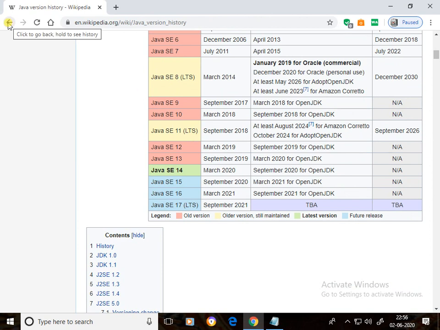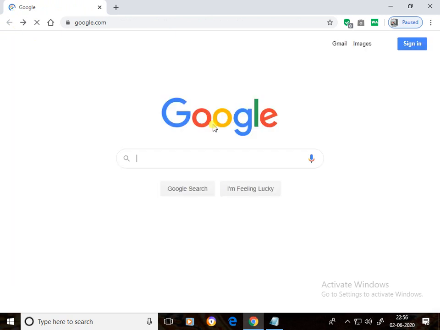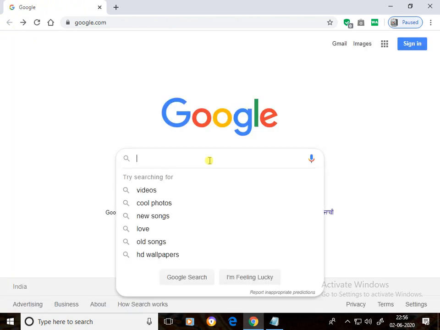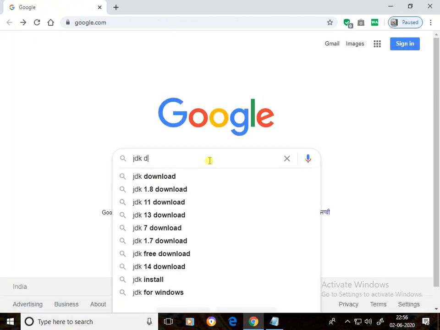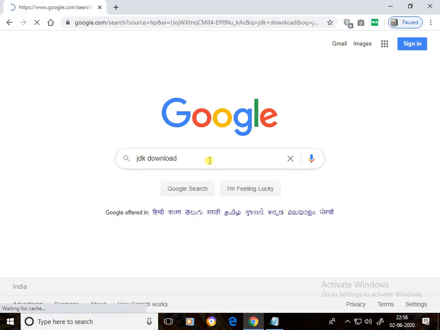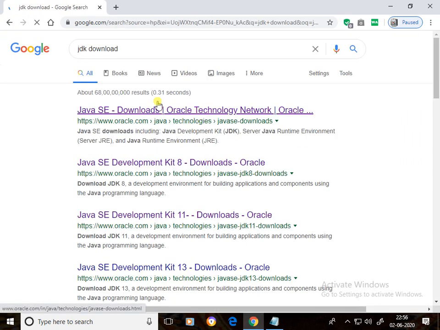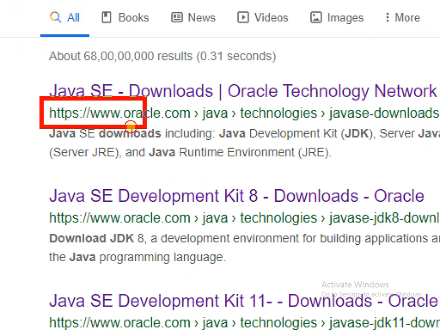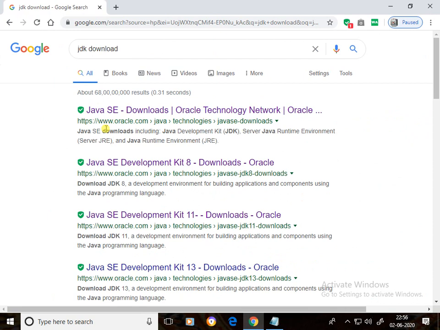Okay. Now I'll show you where and how to download. Again I'll open Google and type JDK download. You'll get the first link, oracle.com. It is the official website for downloading Java software.